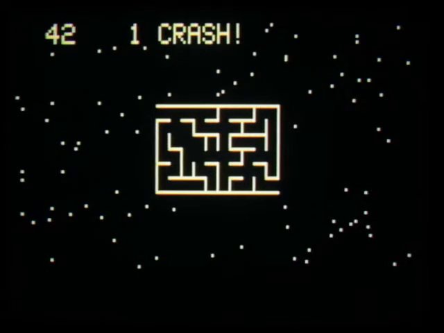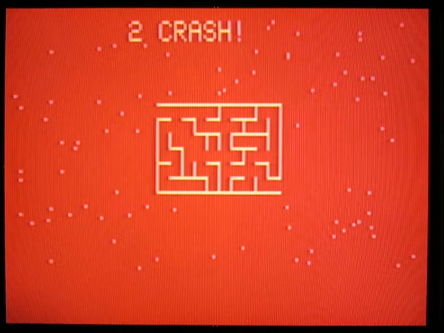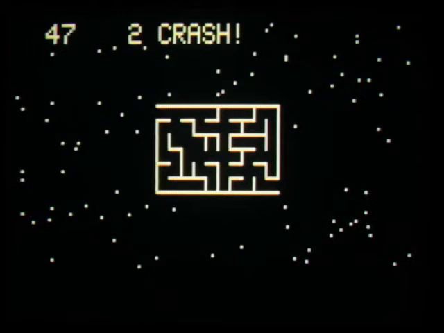So, the game controls pretty well. The inertia feels right. Everything feels right about it. If I'd known how small this maze was going to be, I never would have created something so small because it's basically the width of my ship, if you can count a ship that looks like that as